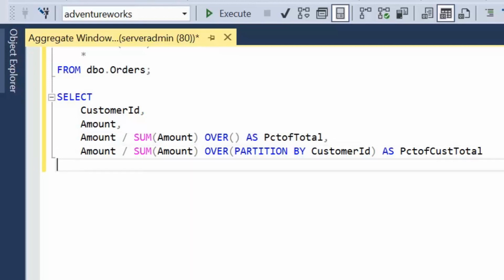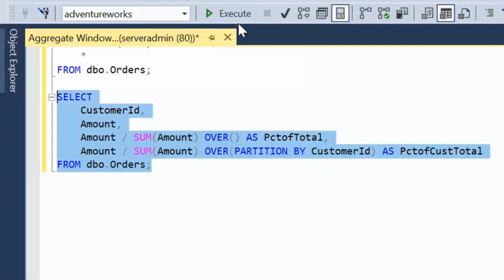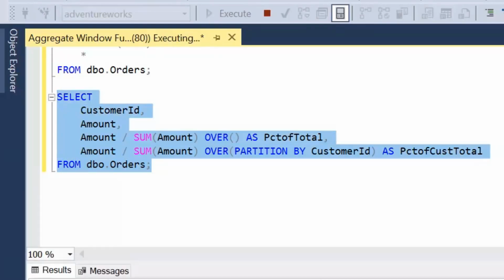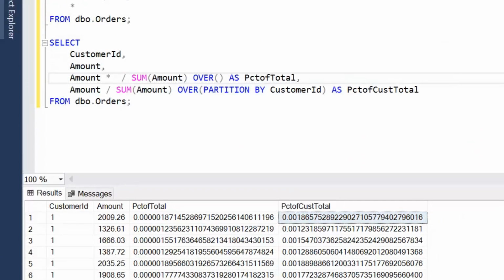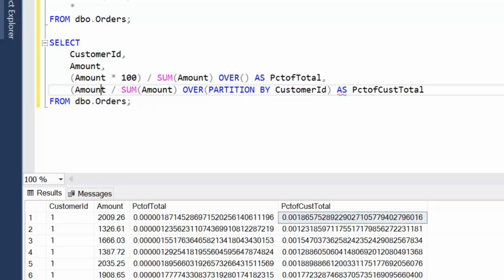That's going to be from our orders table. So let's go ahead and execute this query and have a look at what those results look like first of all. So the first thing is our percentages are not very tidy, in fact they're not correct, because we'll need to multiply the value by 100. So the first thing we'll do to resolve this is multiply the amount by 100 just to get a correct